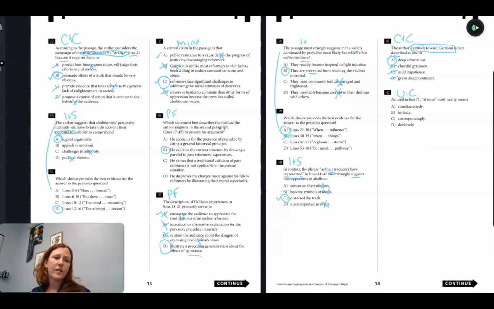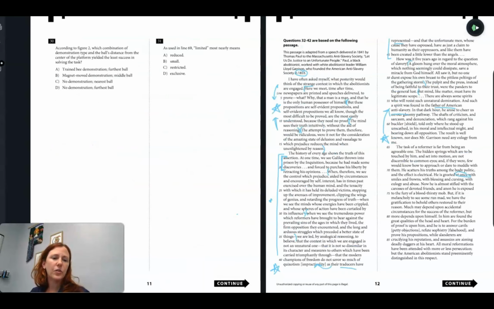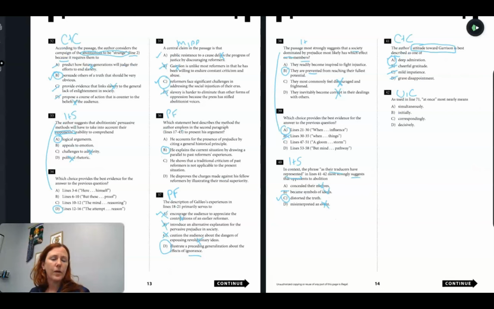Finally, we have the phrase at once, and as we read through it, we noticed that he was receiving two oppositional things at the same time. So he is greeted with smiles and frowns, blessings and cursings, and these are happening at the same time. So not at first. These things do not correspond with each other. And it's not that it's like happening with a real clear-cut purpose. It's just that it's happening at the same time. All right, so that is passage 4.